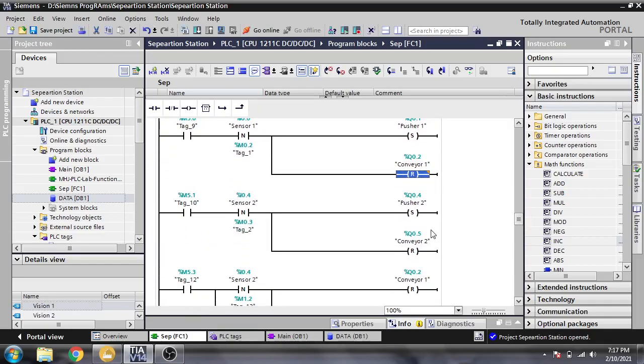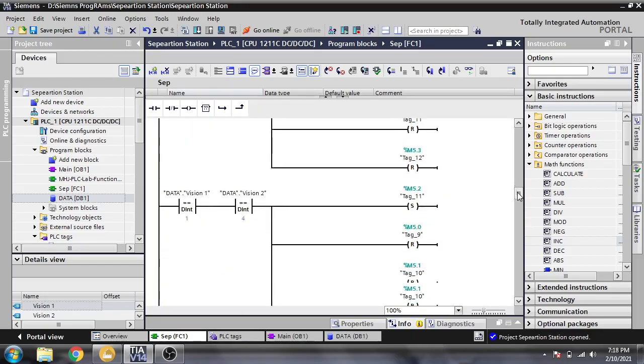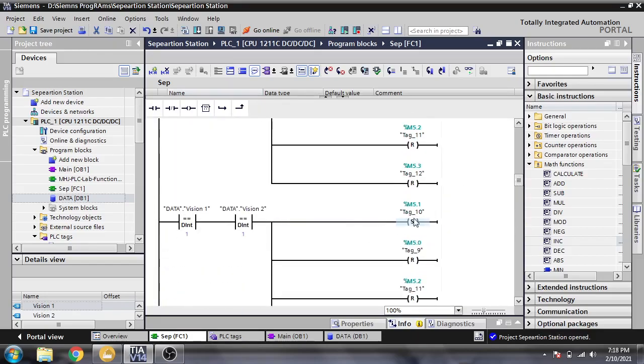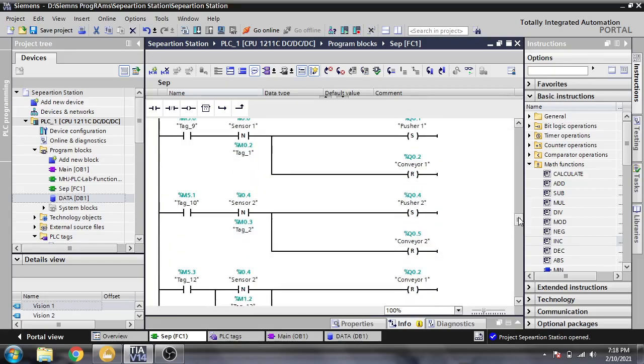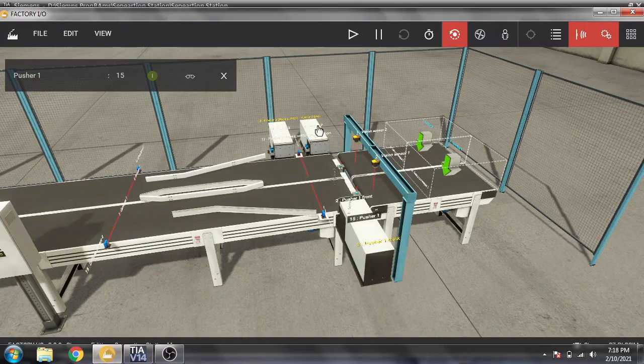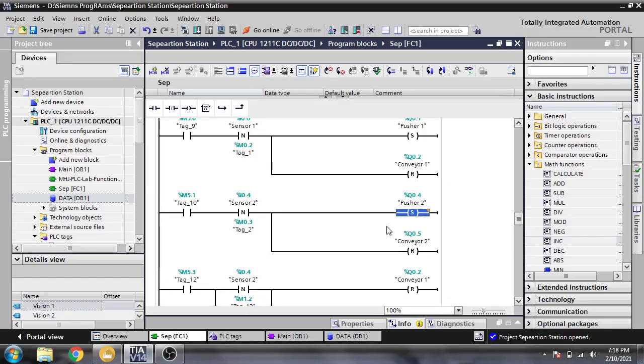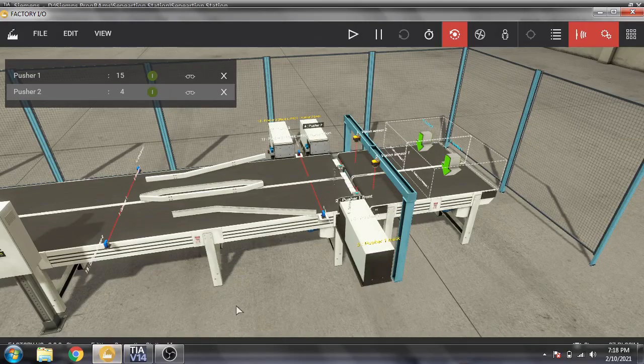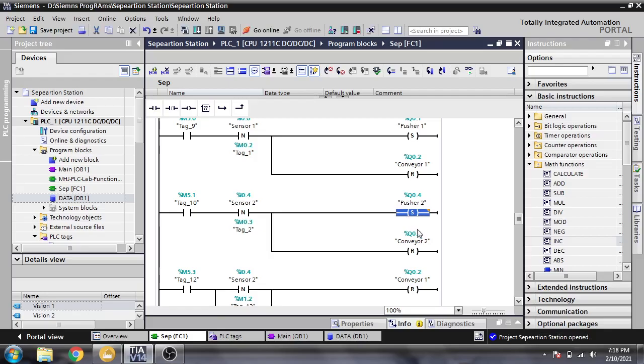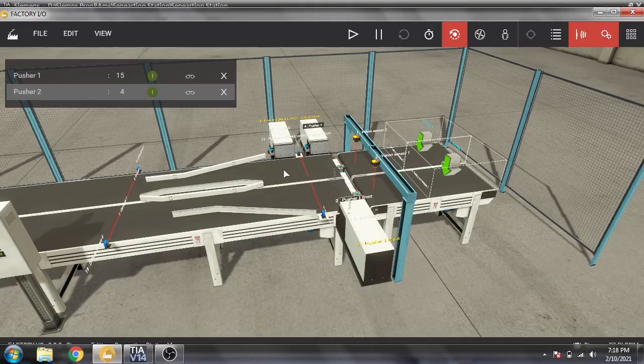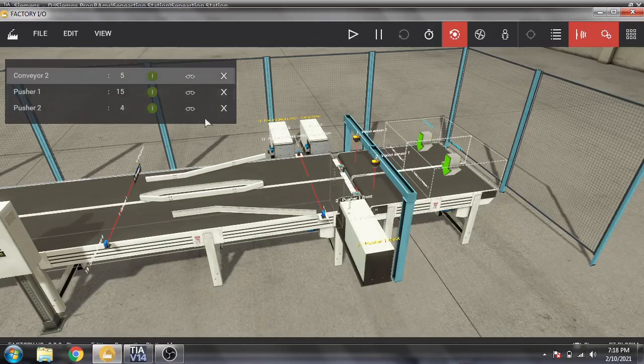If M5.1 is on, which means both have a blue, then it will set our pusher 2 and reset our conveyor. Which conveyor? You will see it is conveyor 2. It will reset that conveyor.